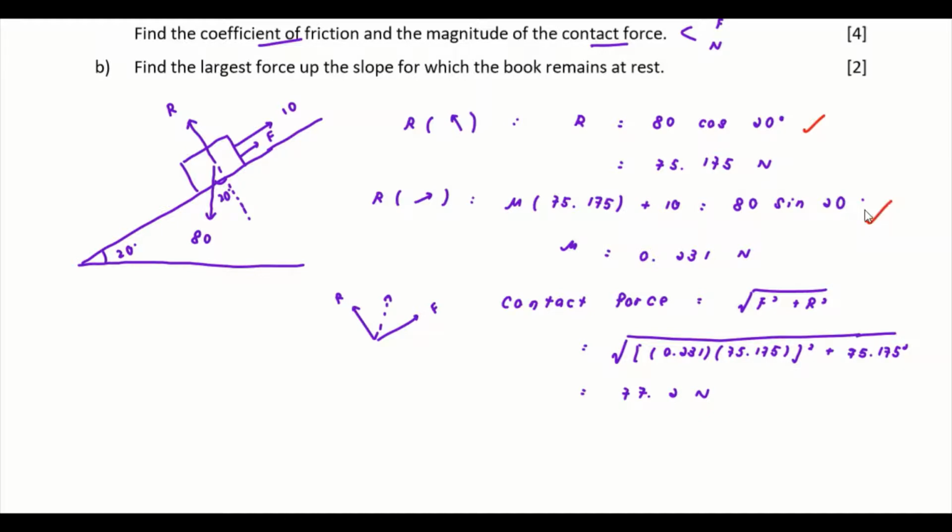So please remember, do not straight away use your calculator and give me 80 sine 20. If you are lazy to do so, then I'm sorry, I cannot give you the marks. Remember that all the values that you get from your calculation, you should write down. The one that you can skip is the one that you do in your calculator, not the one that you use your mentality to come up with. So for example, 80 sine 20 then minus 10 and divide by 75.175 is the step that I can skip